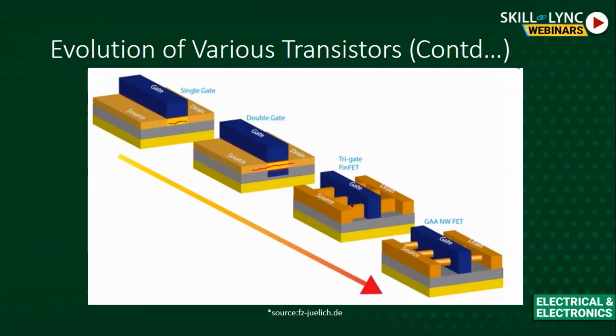You can see the fins over here, 1, 2, and 3. These three fins are embossed, and we'll have the communication from the source to drain, and we'll have the 3D gate over here. And the last one is the gate all around. You can see the nanowires, which are round in structure, and we're controlling this on all four sides. So this is everything in one picture, whatever we have discussed so far.